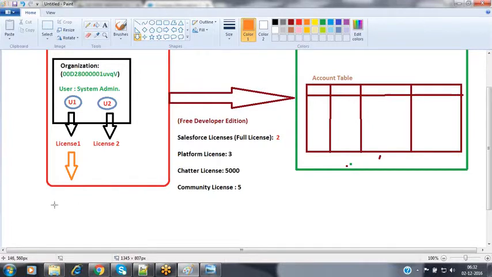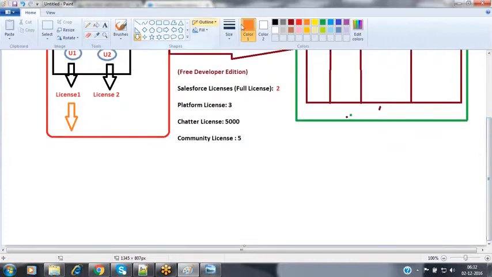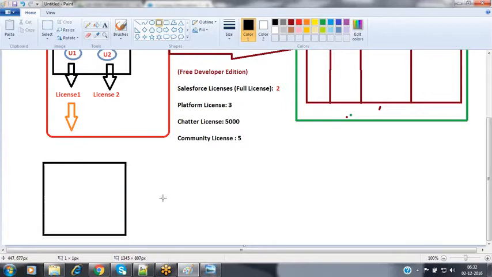Assume that I'm creating two profiles right now, profile 1 and profile 2.